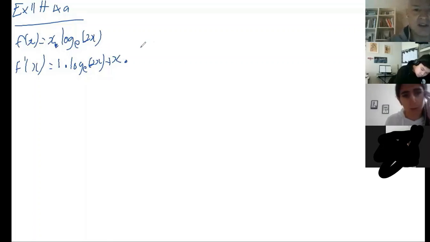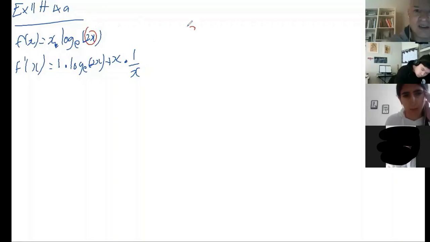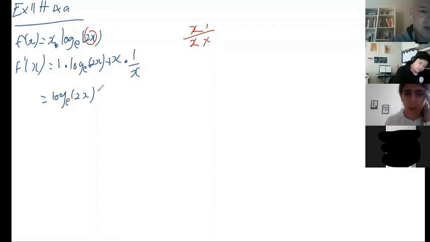Now, when I differentiate log e of 2x, remember, I just get 1 on x. Okay, and if you want the full steps to that, I'll show you. Differentiating here, you get 2, and then it becomes divided by that 2x, which simplifies down to 1 on x. So this is just log e of 2x plus 1. So I've found my derivative, f dash of x. Now it says